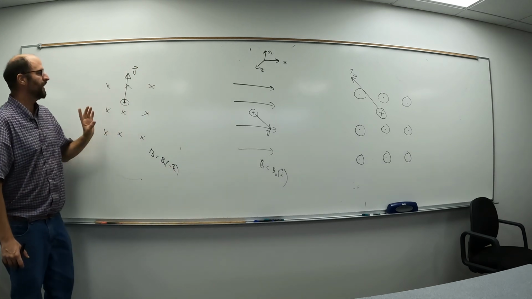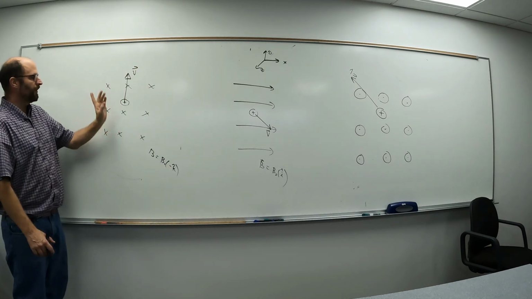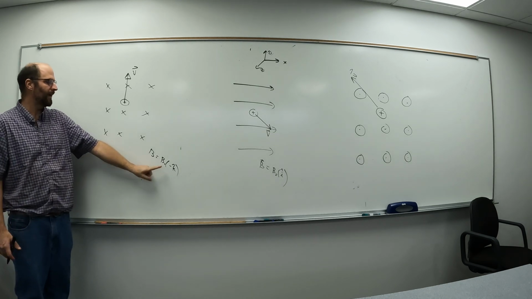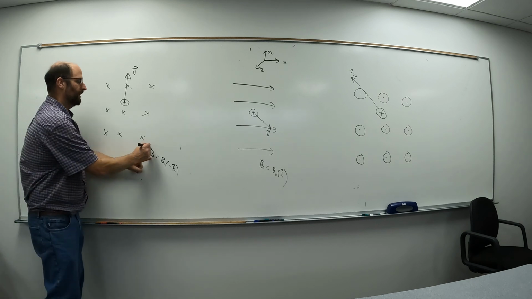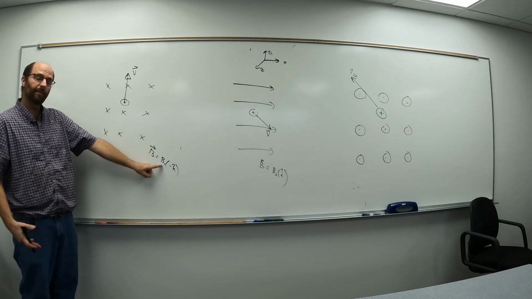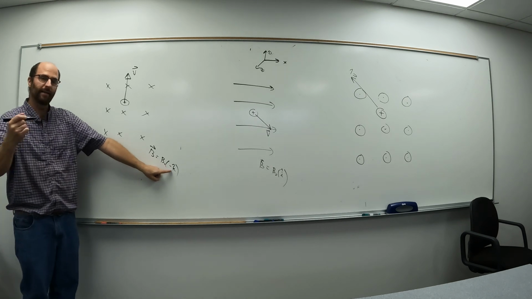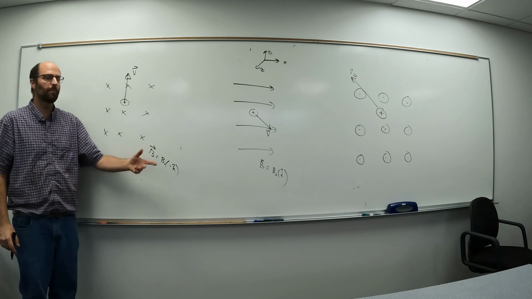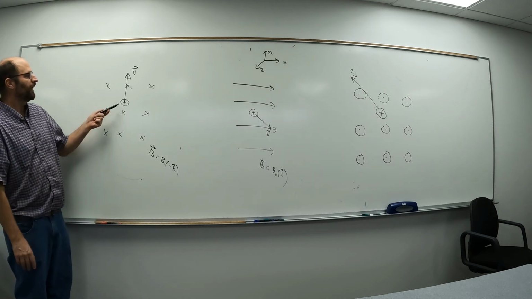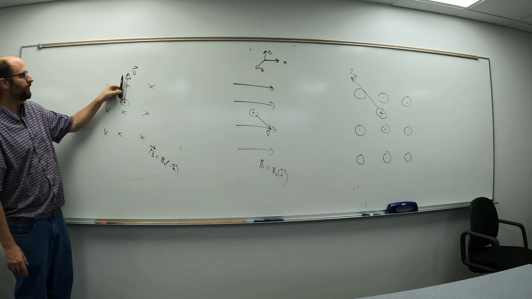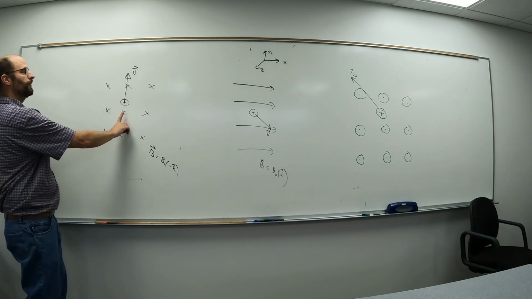My first example, on the left, we have a magnetic field. I put B sub O, minus k direction. What I mean by that is the magnetic field, this should have a vector symbol on it, is equal to some number, that's what the B sub O is, and it's into the board. That's what I mean by minus k direction. Actual values are not important for the discussion. If we have a positively charged particle with a velocity vector pointing up, meaning this particle is moving through the field this way,